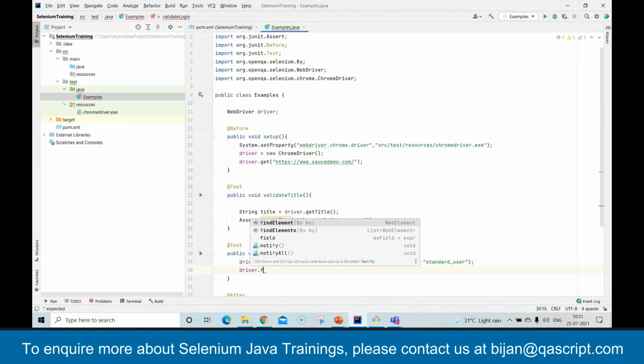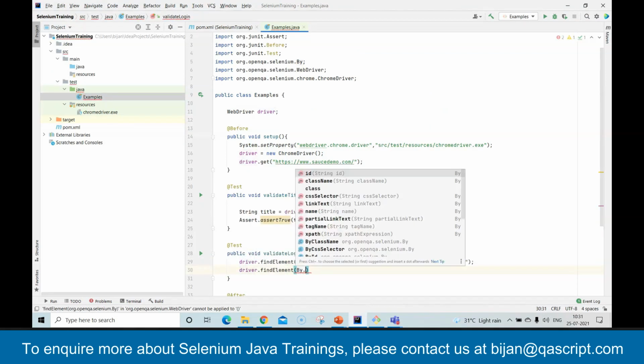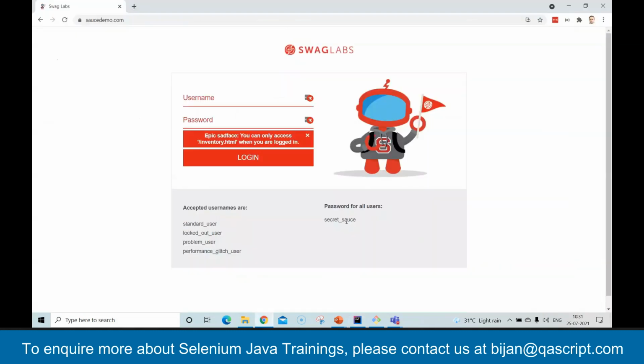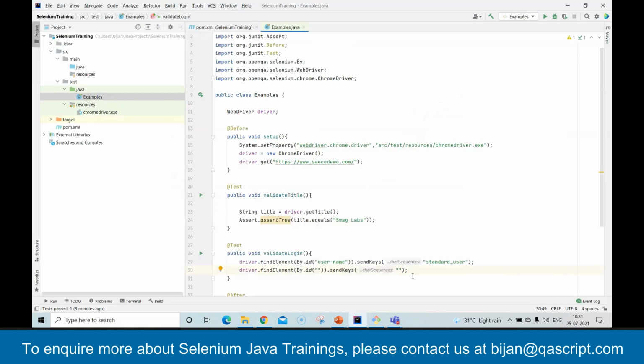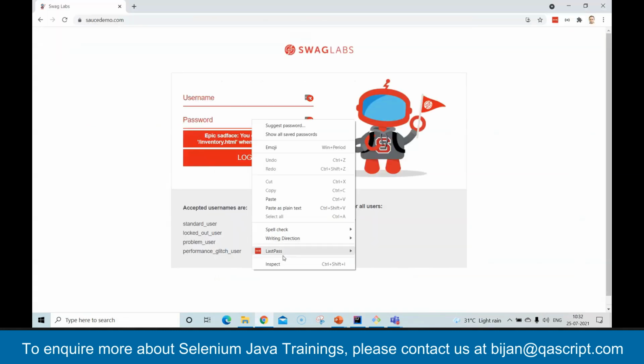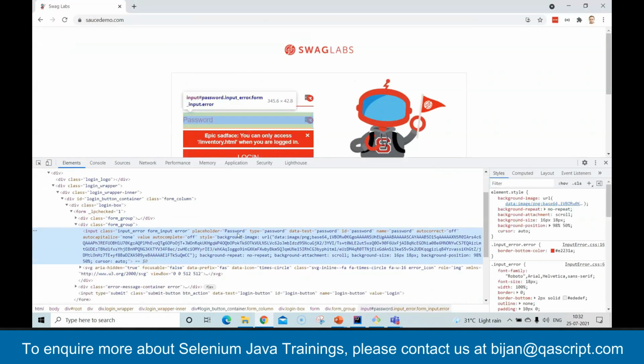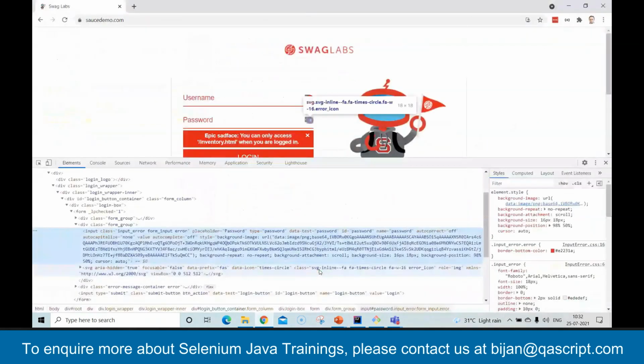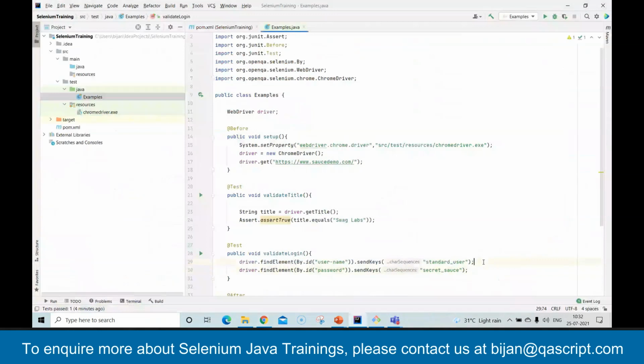Similarly, we will do it for password. So we'll grab the password here. We'll do sendKeys and then the value, which is this value, and password. We have got ID as password, so we can use that. Okay, so this is how you do a sendKeys to type any text, but you can also use the